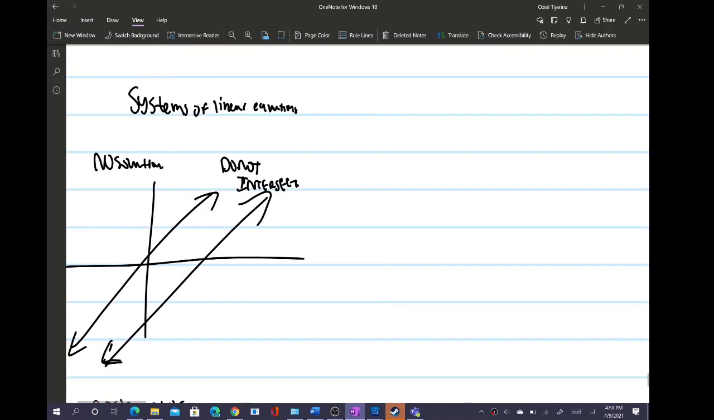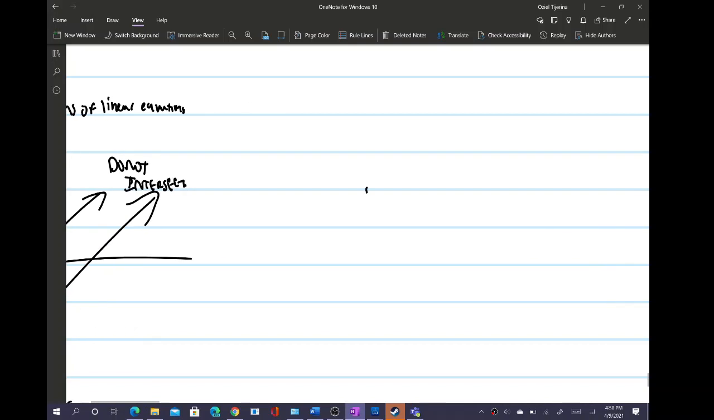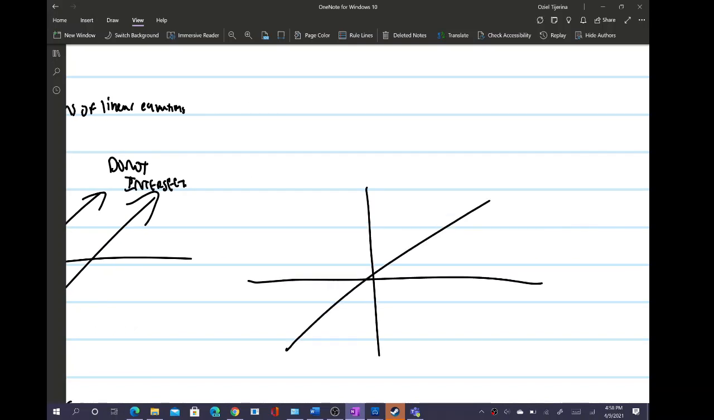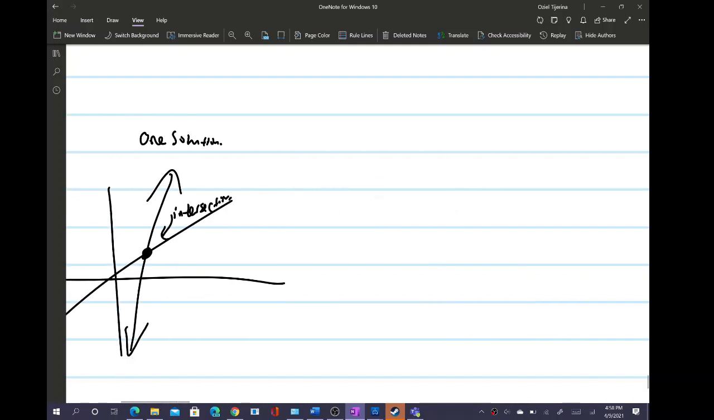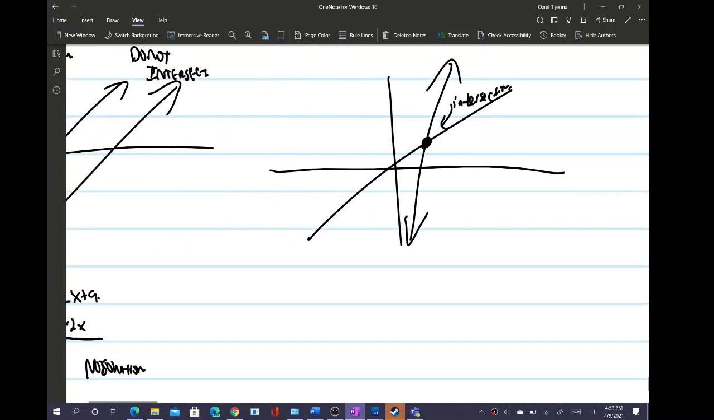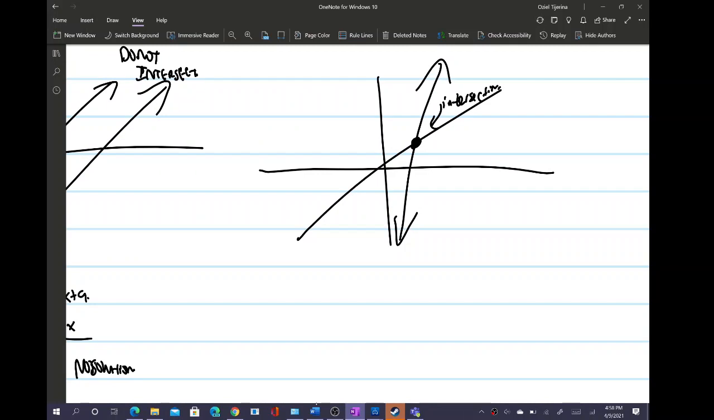So then there's that one, and then there's one that has only one solution. So we have something that looks kind of like this, and this is the intersection. This is one solution, right? And that's like if I had, I don't know, negative x plus 1 equals 3, and I'm trying to think,